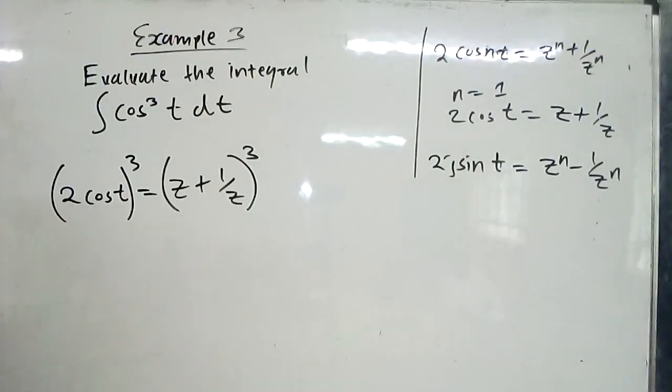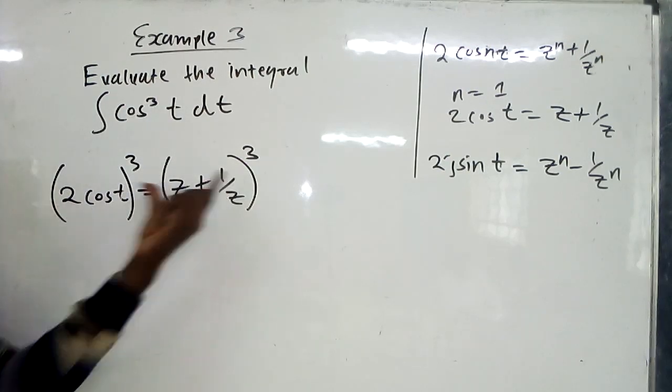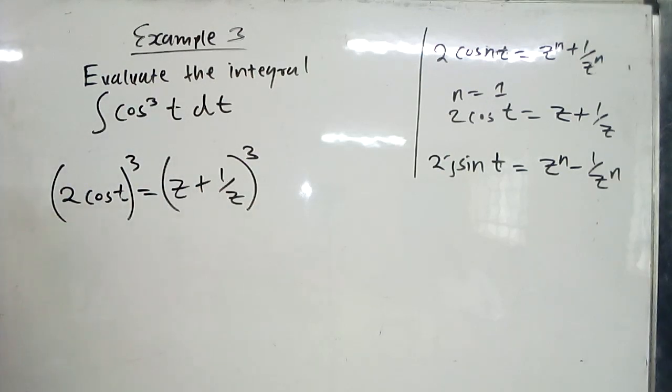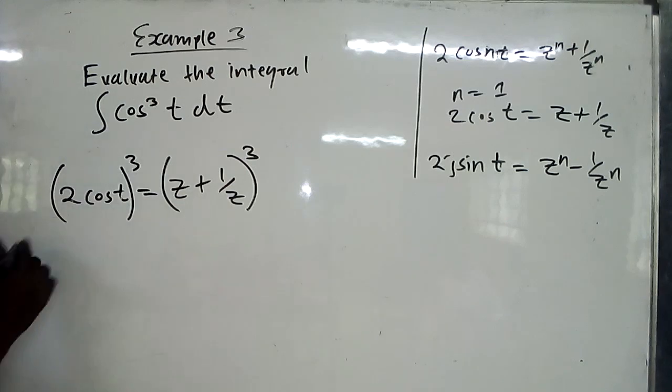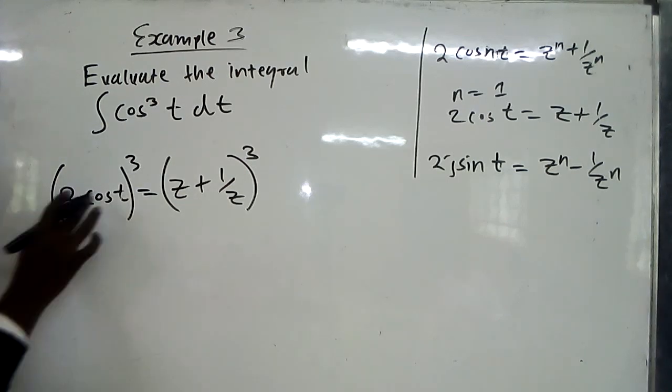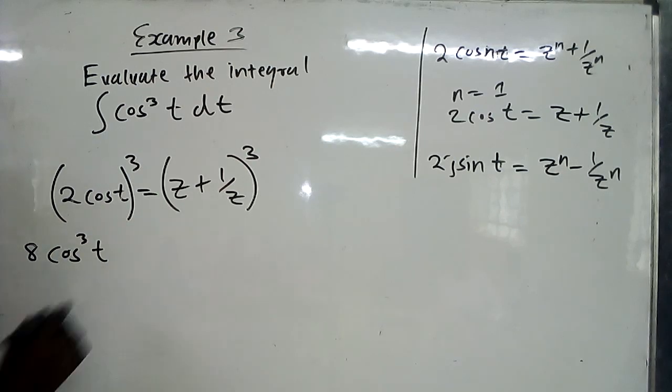Are we together? But we don't want cos t, we want cos t raised to power 3, meaning we raise both sides of the equation to power 3, isn't it? You raise both sides to power 3, then you come, 2 raised to power 3 is 8. Cos t raised to power 3 is cos cubed t, to be equal to,